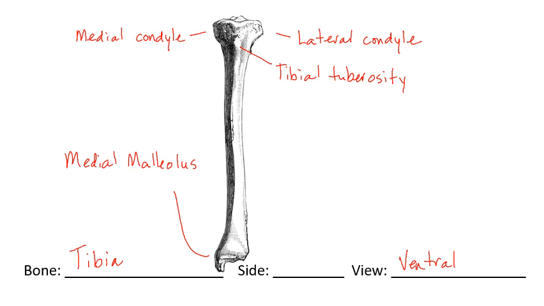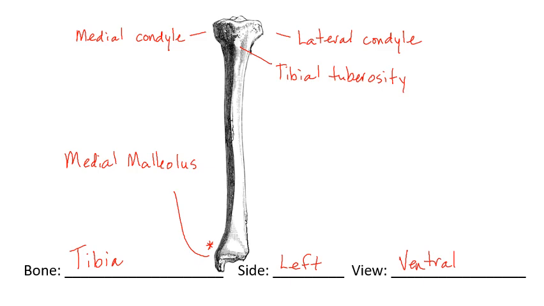So if you find your kneecap and just go down a little bit, you can feel that tibial tuberosity there. So we're ventral. And if this is medial, over here, this is our medial malleus. This needs to be a left